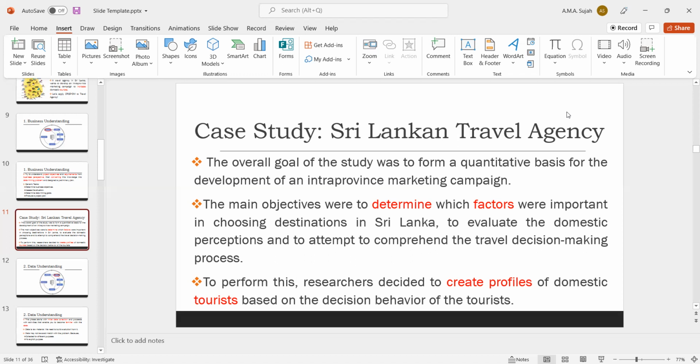We ask them to fill in the questionnaire. Based on the questionnaire, we can easily figure out their category, their cluster, their group, and what interests they have. Based on this, we can easily recommend places to visit. So the ultimate goal is to increase their travel agent customers and increase tourist visits to different places.